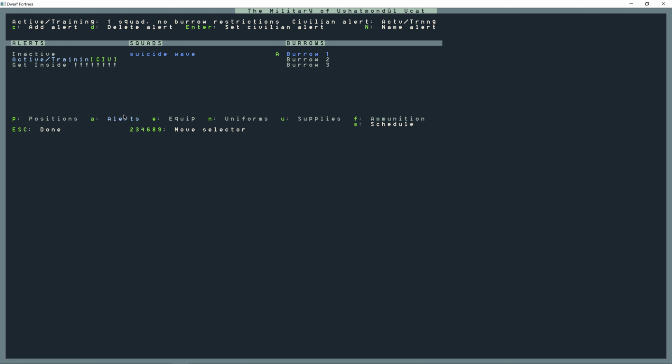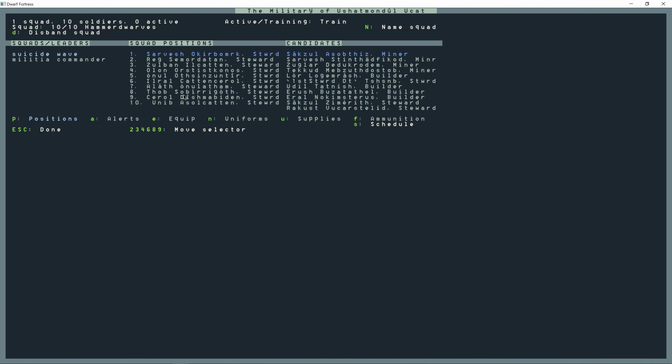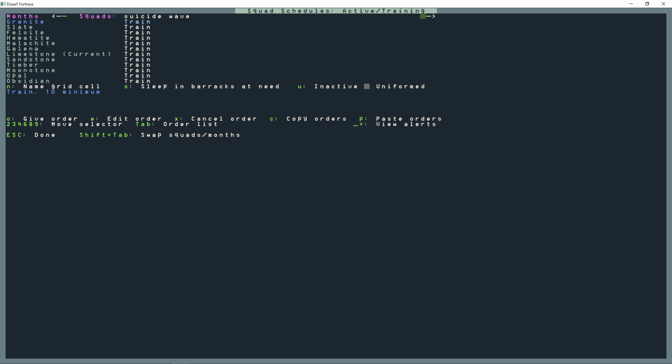I'm just gonna make a new alert. So A for alerts. Military alert. C to add an alert. Name this one Half training. And then back to the schedule. Half training here. It's going to start off as no scheduled order, so I'm going to give them an order. So